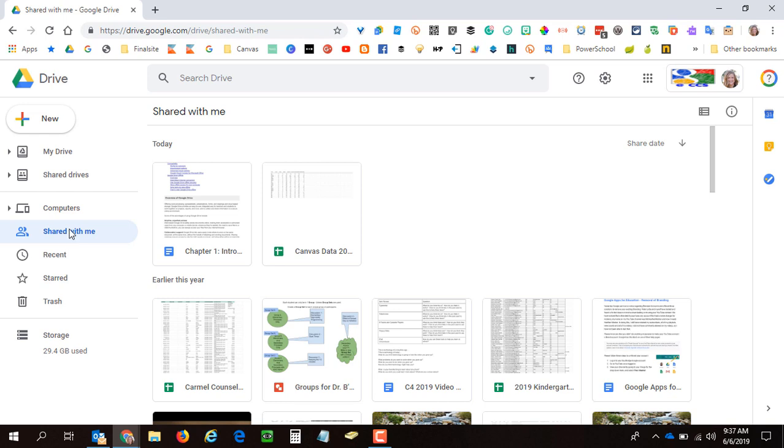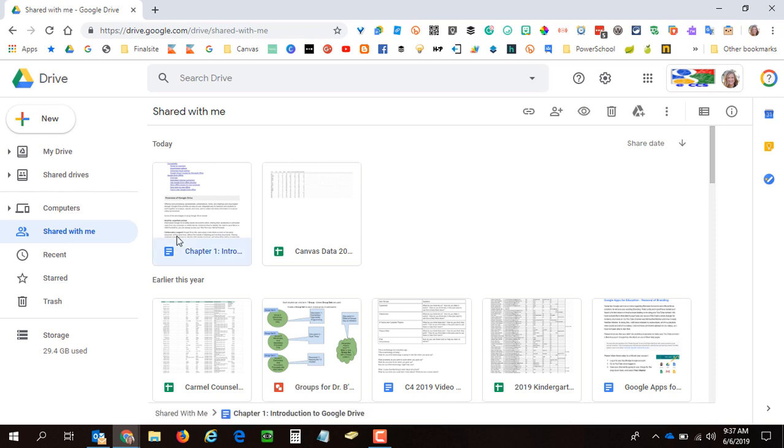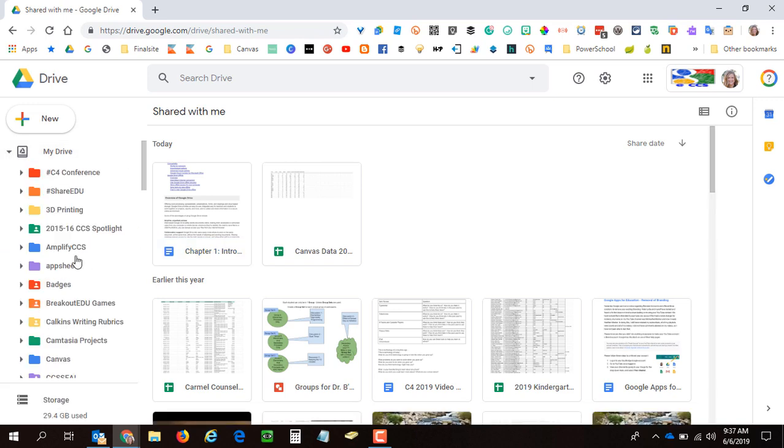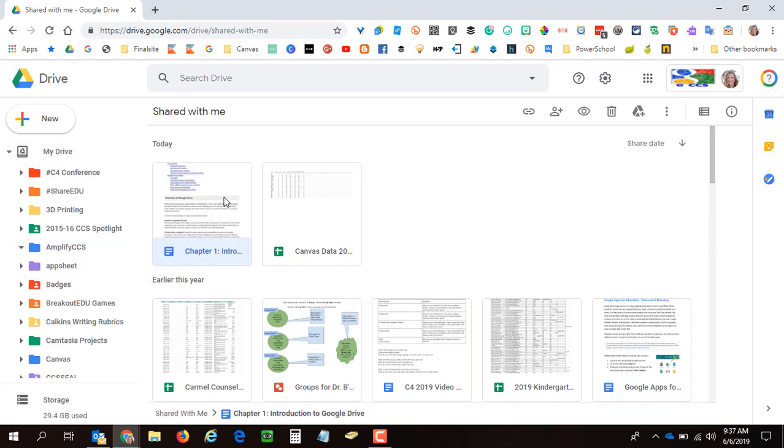You're going to have things like this: a publicly available Google Doc that I clicked on doing a search, and that's why it's showing up in Shared with me. If this is something that I know I want to keep and be able to access easily, I'm not going to leave it in Shared with me. I'm actually going to move it into My Drive. I can do that the same way I showed you earlier. You can click and drag and drop it into a folder,